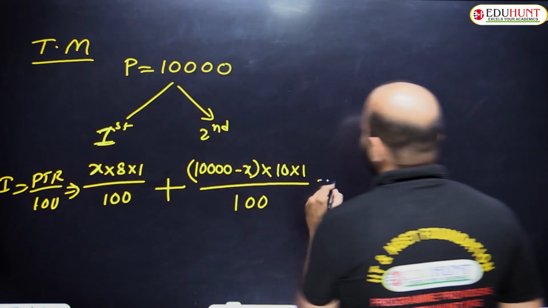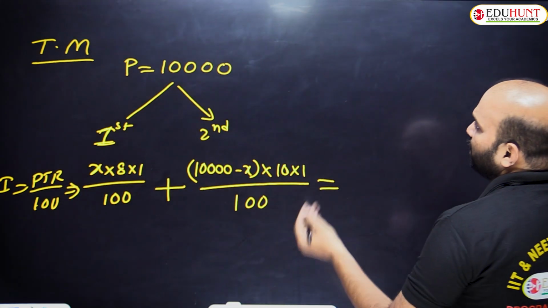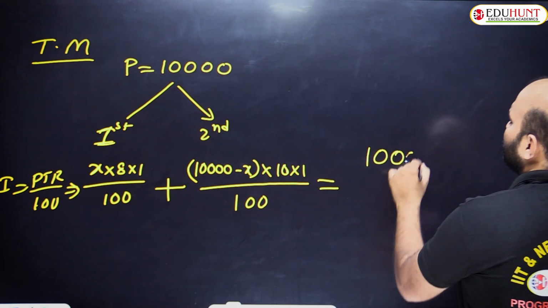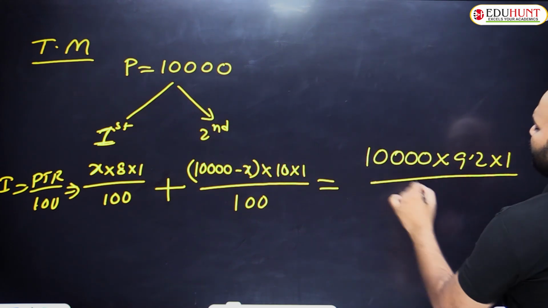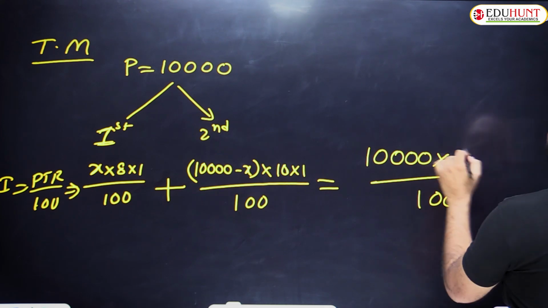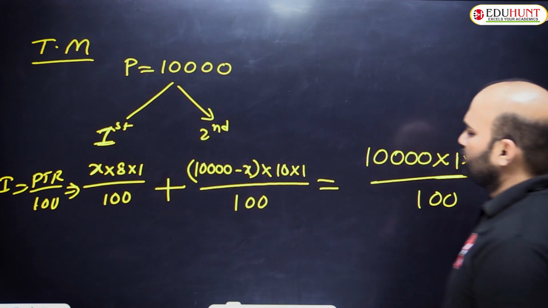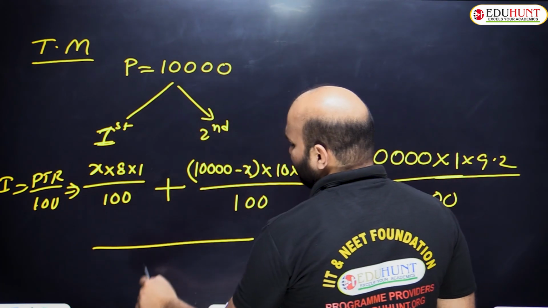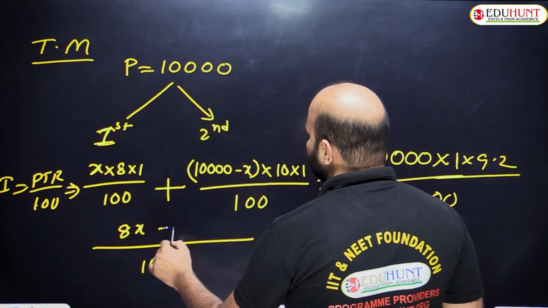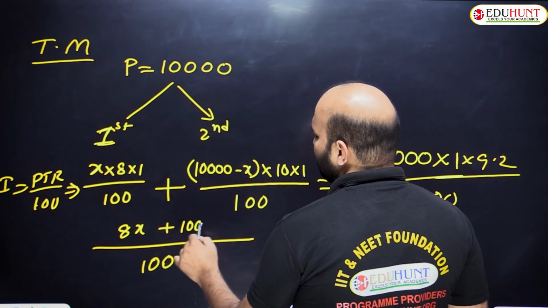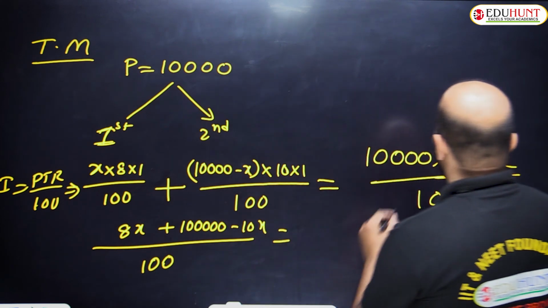So how much total interest are we getting? 9.2. So the total interest means on the total amount: 10,000 into 9.2 into 1 by 100. Okay, whole by 100. Am I clear? So firstly, what is the LCM of these two numbers? 100 is common, so 8 into x is 8x, and 10 into 10,000 minus x is 1 lakh minus 10x, equal to 9.2, which is